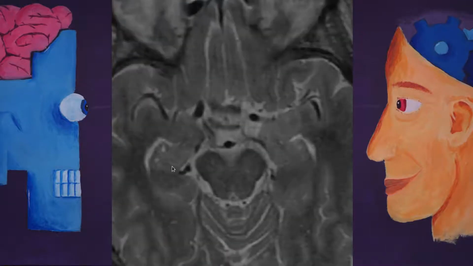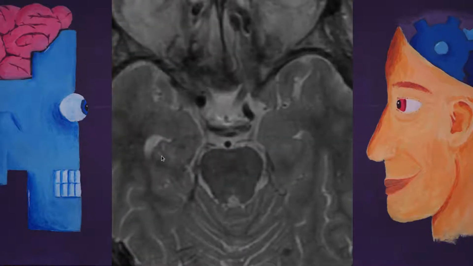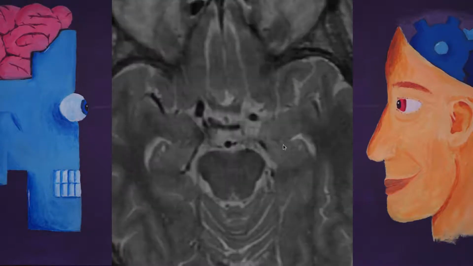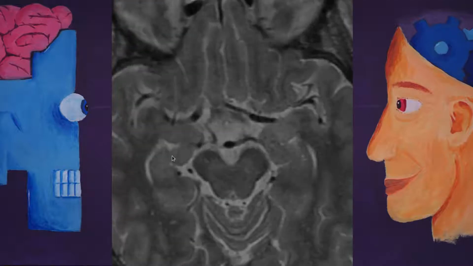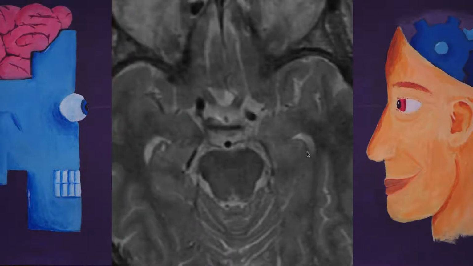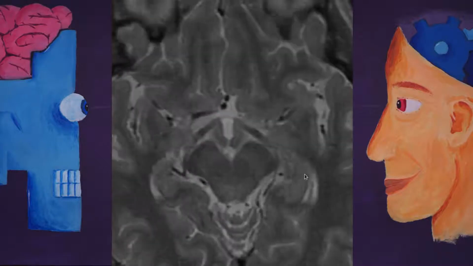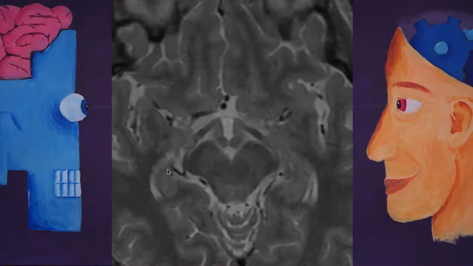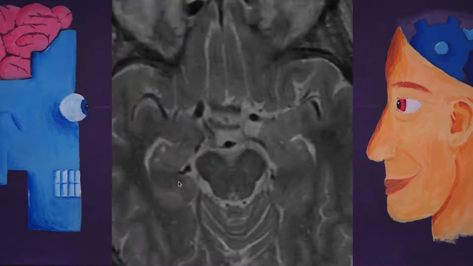Like this I think it's just part of the CSF that's inside, so I don't count it. Here there is one maybe that you could think about, but it's not very enlarged, so I don't think I would count this. So I had 3 on that side, and I go on to the next side. I see 1 here, but the intensity is lower than that of the other side, so it's a small one. So I would count, I think, 1 on that side and 3 on the other side. So here I would have 4 perivascular spaces in the hippocampi.